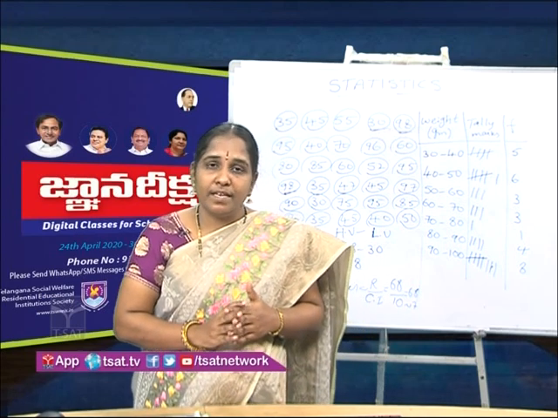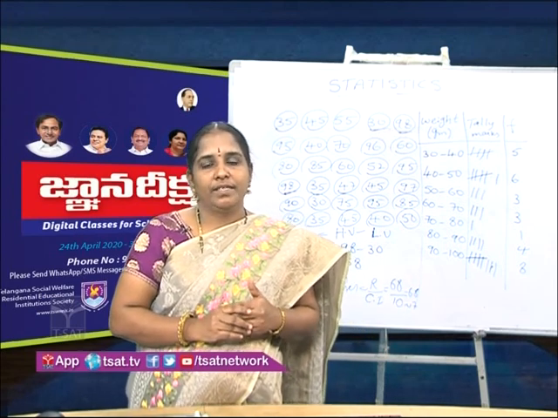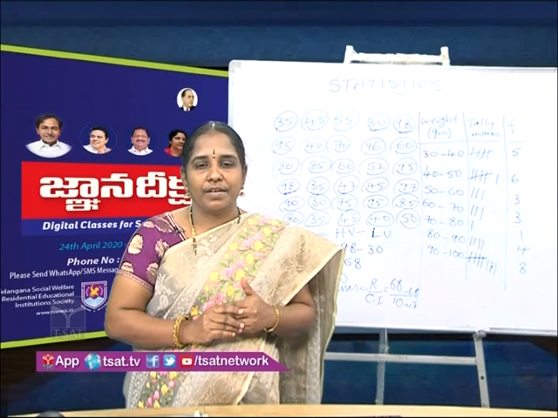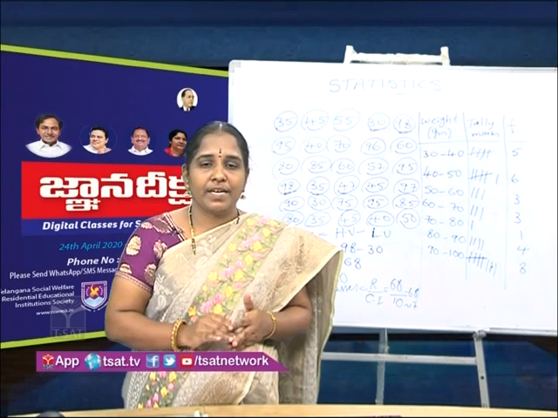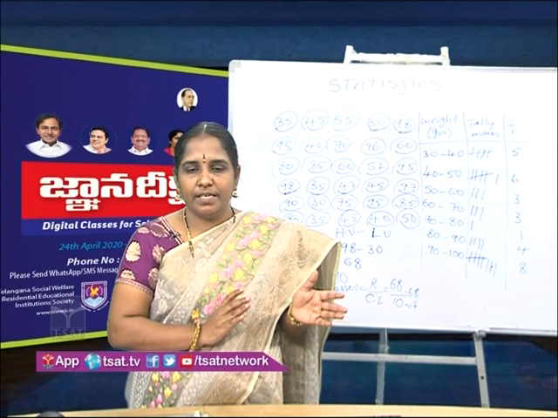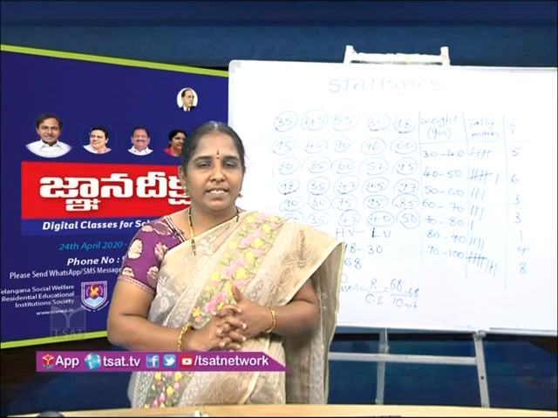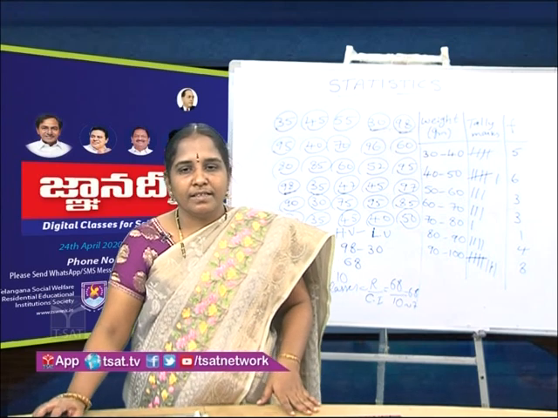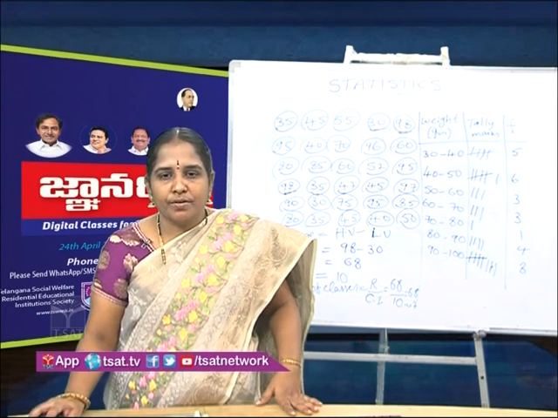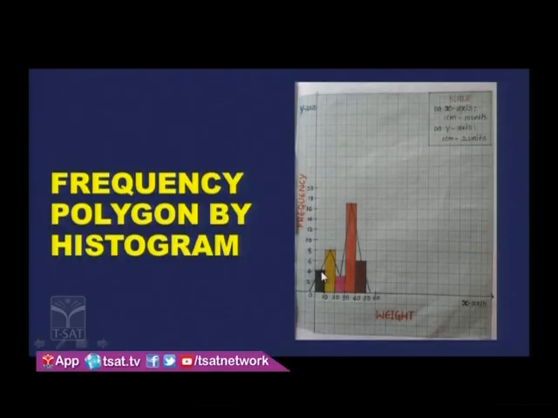So here we will learn how to draw a polygon for the given frequency distribution. It's a kind of graphical representation of the data. We have seen histogram, in the same way frequency polygon. Here the frequency polygon can be drawn using this histogram. If you mark the midpoint of the upper width and join them using a scale, you will get a frequency polygon. To complete it, you can extend to the before class and the next class.